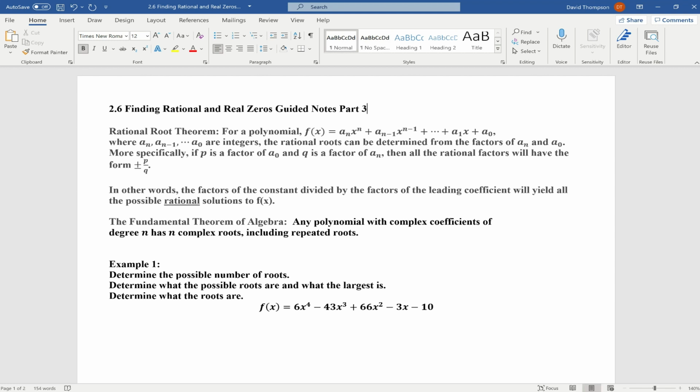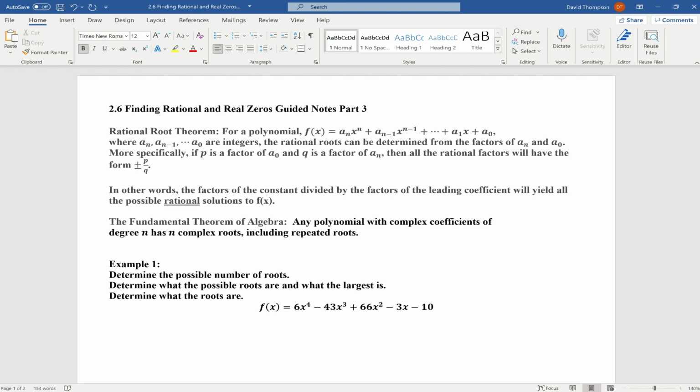In this video, we're going to talk about finding rational and real zeros using the rational root theorem and the fundamental theorem of algebra. The rational root theorem states, for a polynomial f of x equals a_n x to the n, a_(n-1) x to the n minus 1, etc., a_1 x plus a_0,